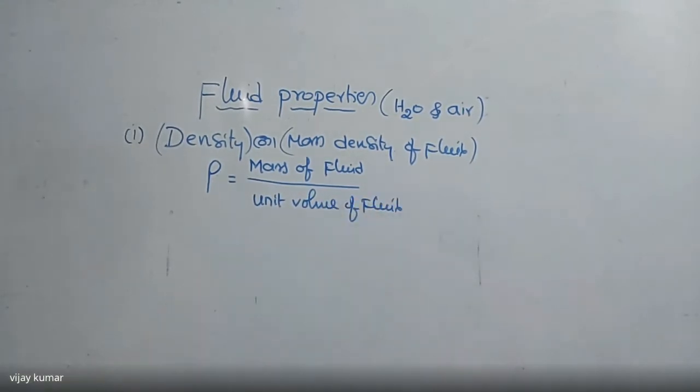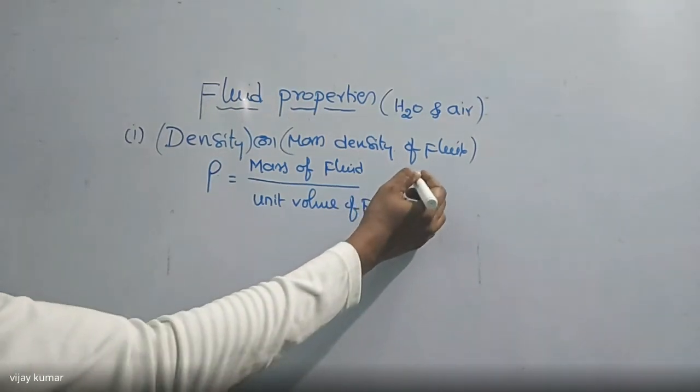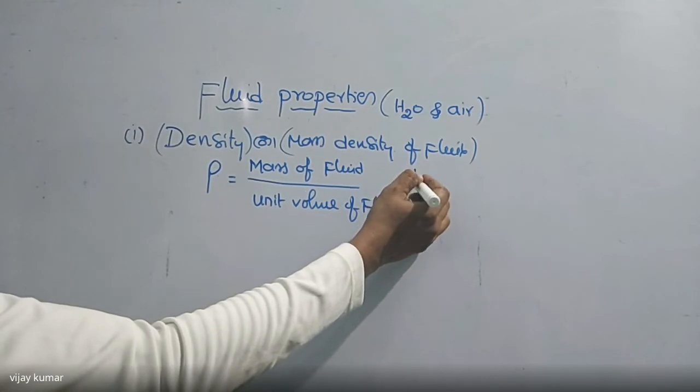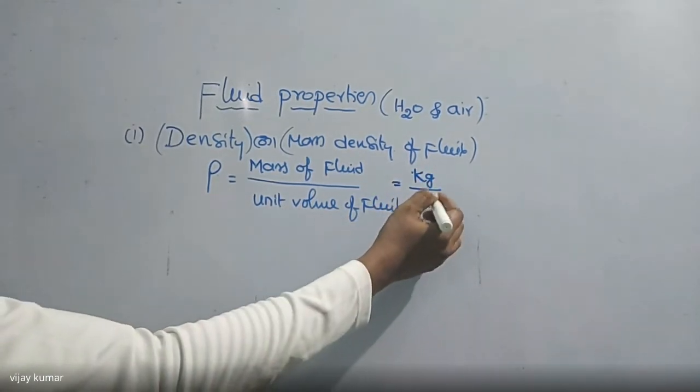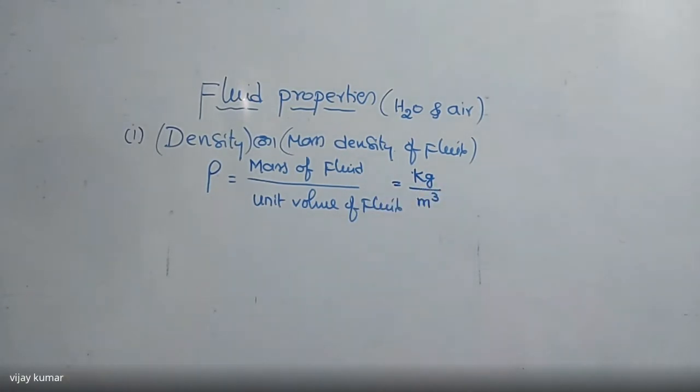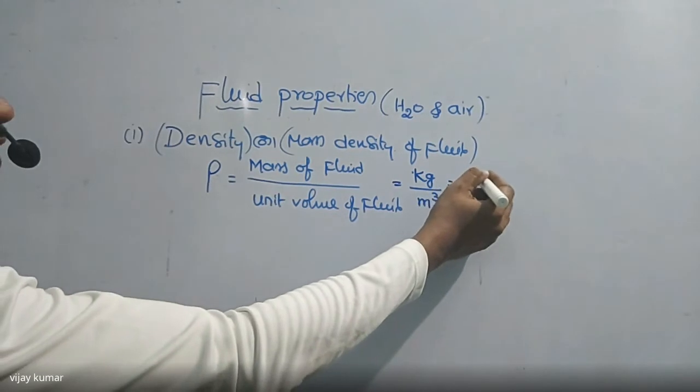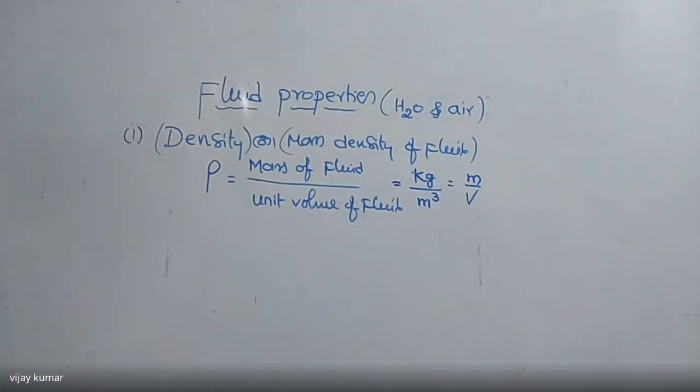That is, mass of the fluid per unit volume of the fluid. What is the mass here? Mass is always expressed in kg and unit volume is always expressed in meter cube. That is the definition of density. Density is equal to mass by volume. And the second one,